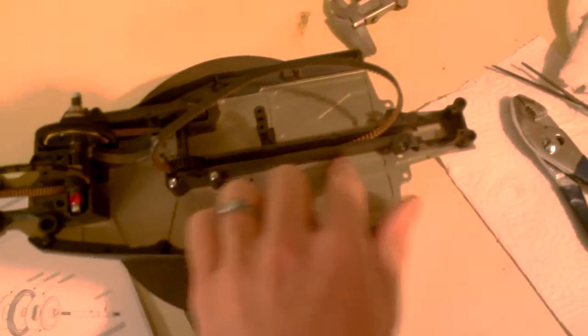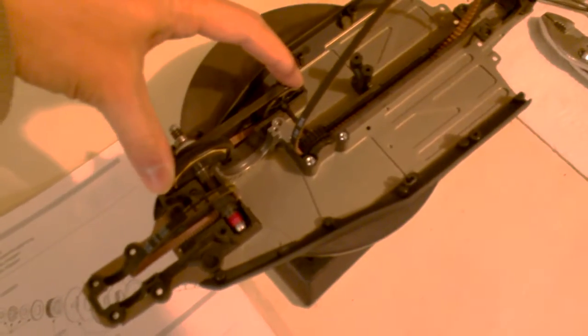But the fit and finish so far is pretty good. This back piece right here slots right into some slots in the chassis, as does this whole assembly here. So everything goes together pretty nicely, although again, I did strip one screw. Not too big a deal. When putting this assembly together,